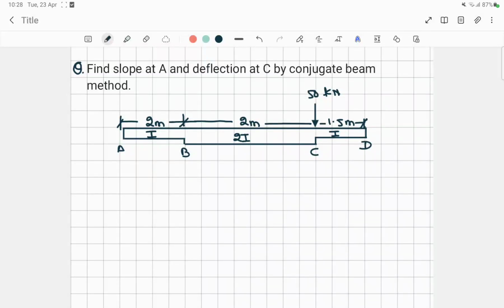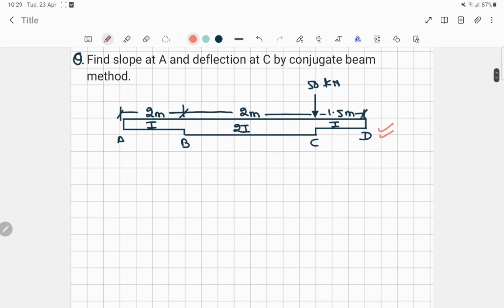Hello everyone, in today's video I will be solving a problem based on the conjugate beam method. Now this is the problem. It says: find the slope at A and the deflection at C by using the conjugate beam method. So this is the question, and we have to find the slope at point A and